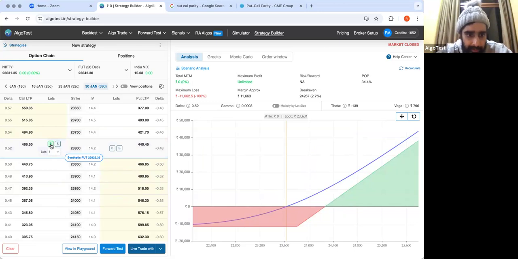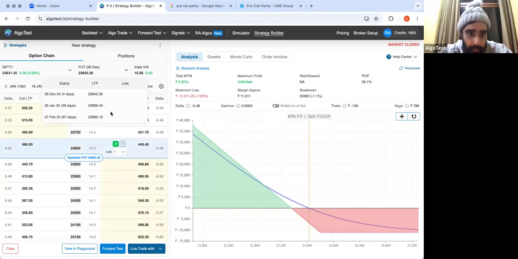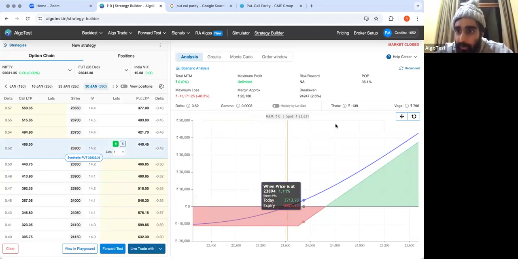Now let me show you something interesting. This we know is what the payoff of a put looks like, right? But I can actually create a call option using a put option in the future. So what I'm going to do is buy this Jan future along with this put option, and boom. This is exactly the same as my call payoff,